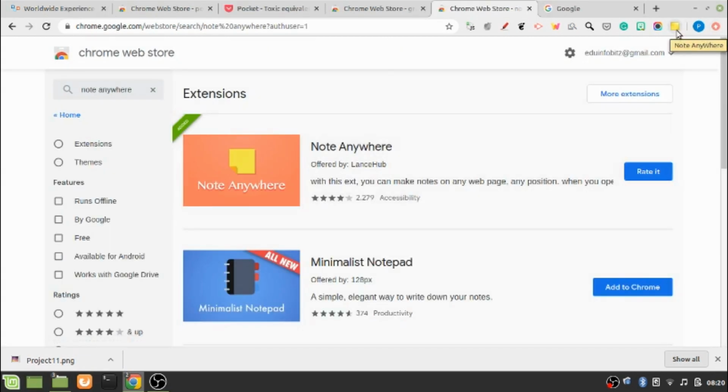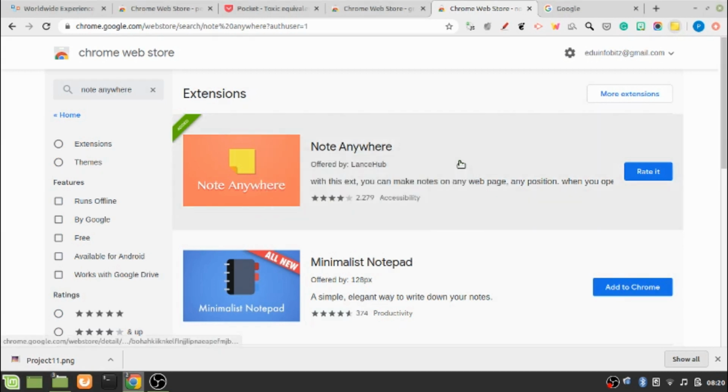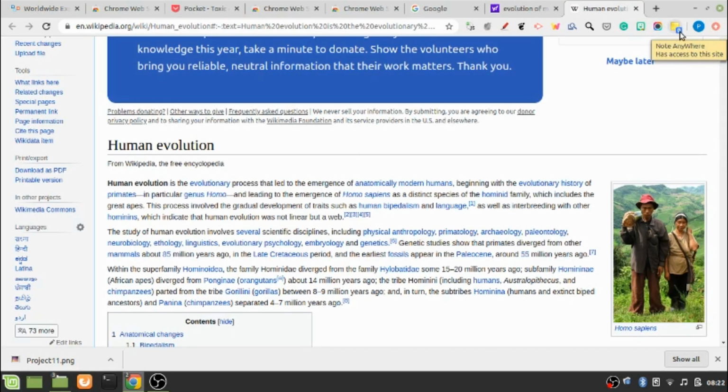And finally, the last Chrome extension that I want to share with you is Note Anywhere. And as the name suggests, it does exactly that. Puts notes anywhere. So after installing the extension from the Chrome Web Store, it gets added to your browser, and once it is activated, you will see a yellow sticky pad symbol with a 0. And the 0 is just to tell you that currently you do not have any note on the page.